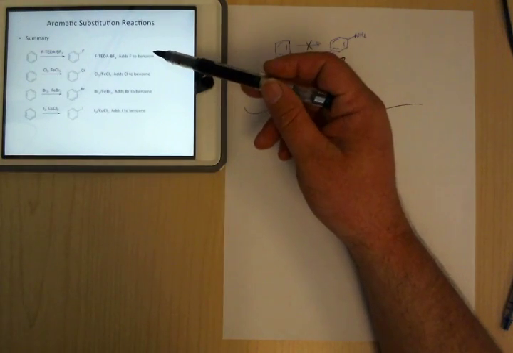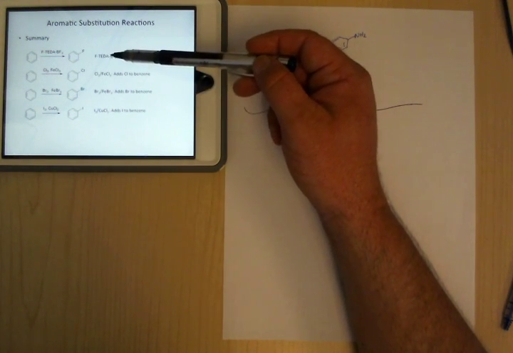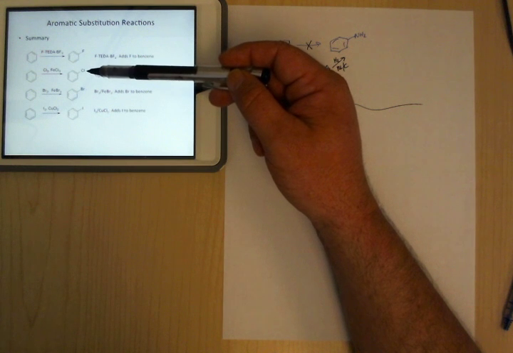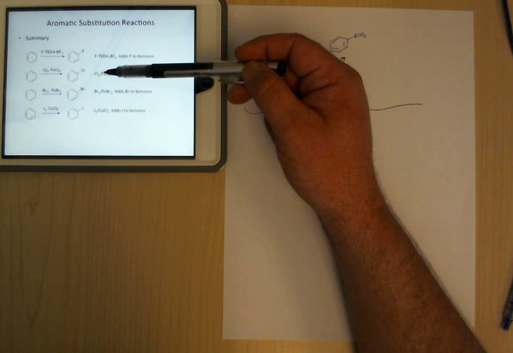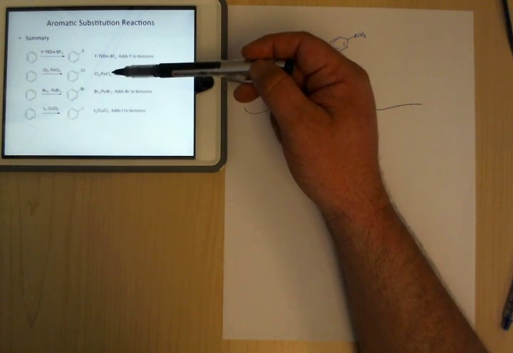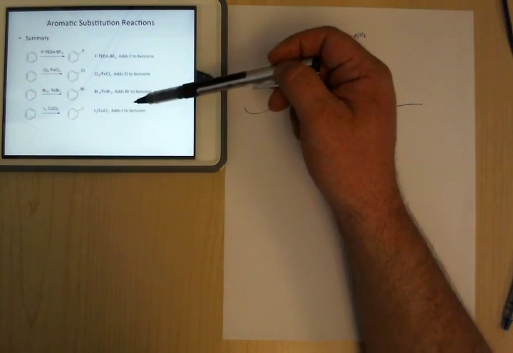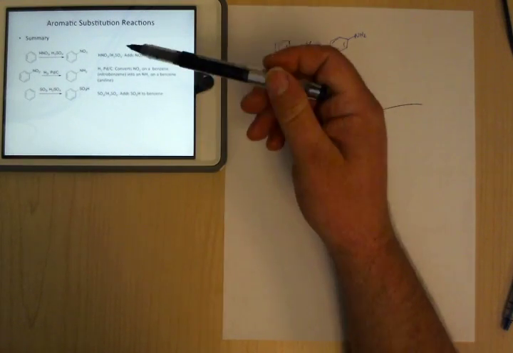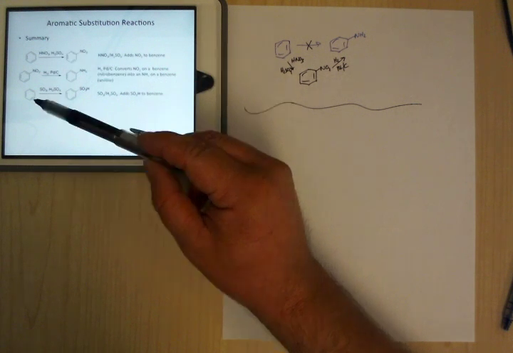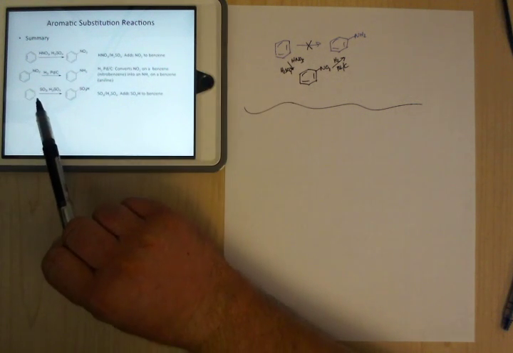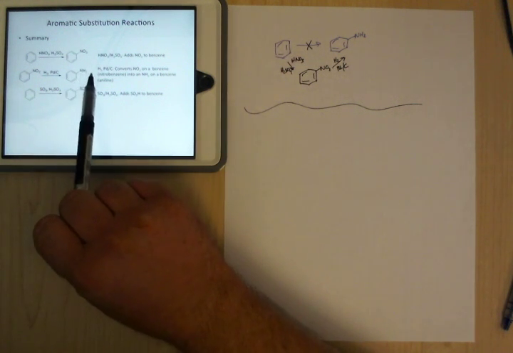So the things to remember: if you want to put a halide, fluorine, you're going to need this F plus source. Benzene with bromine and chlorine both work just with the normal halide gas and the iron salt. Iodine needs this copper chloride. If you want to add a nitro group, nitric acid, sulfuric acid. If you want to add a sulfonate, this SO3 and sulfuric acid. But if you want to put an NH2 on there,